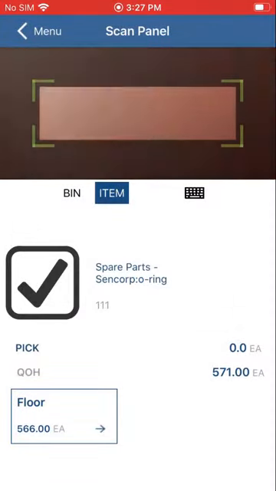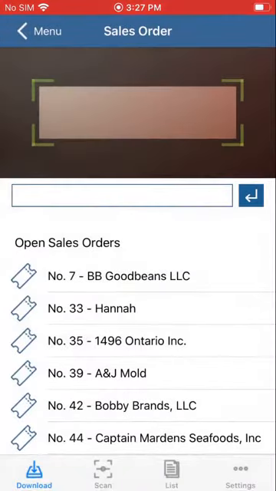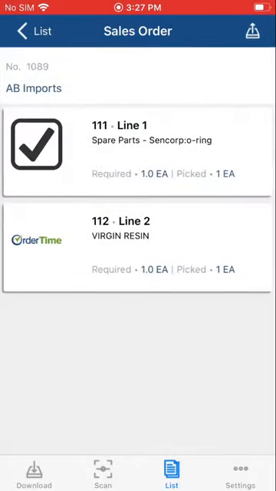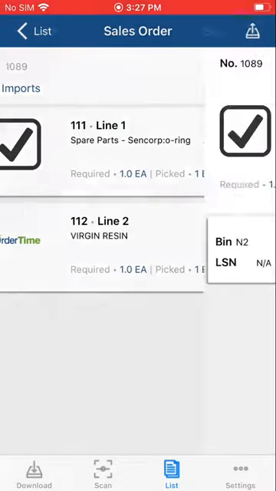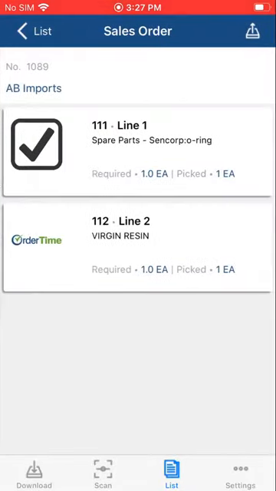So that worked great. All right, now we're going to go back. I'm going to go back to the list, so that's completed. Looking at my items again, perfect. Now it's bin N2. All right, the last step is basically to upload this item